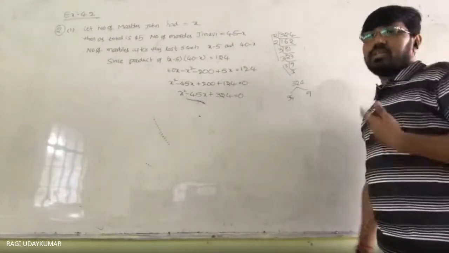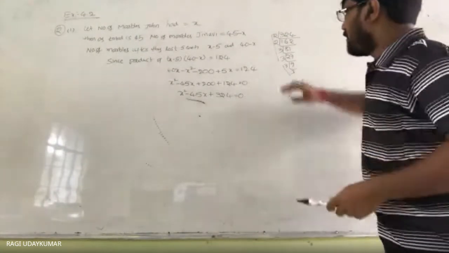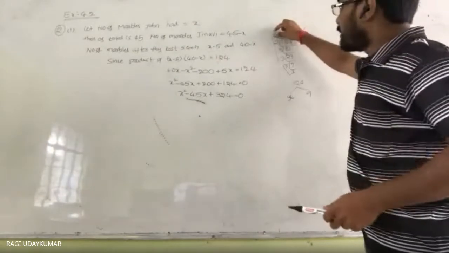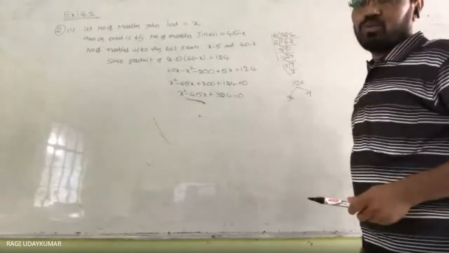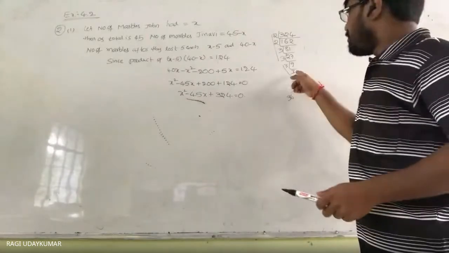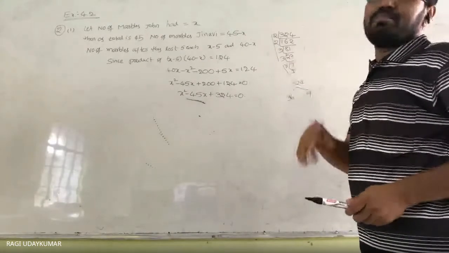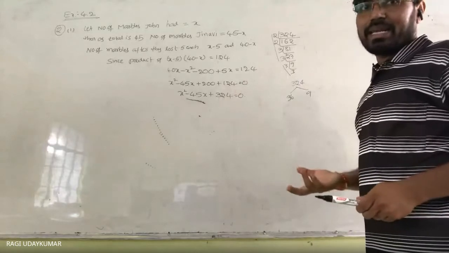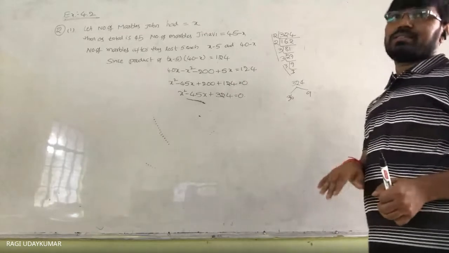Sir, how do you take the 9 directly? Normally, whenever you see the numbers, it is possible to take 2. But when you take the 2, the other number will be 162, a very big number. 3 is also a very big number. So the sum is obviously much more than 45. When the sum is more than 45, it is not necessary for us.